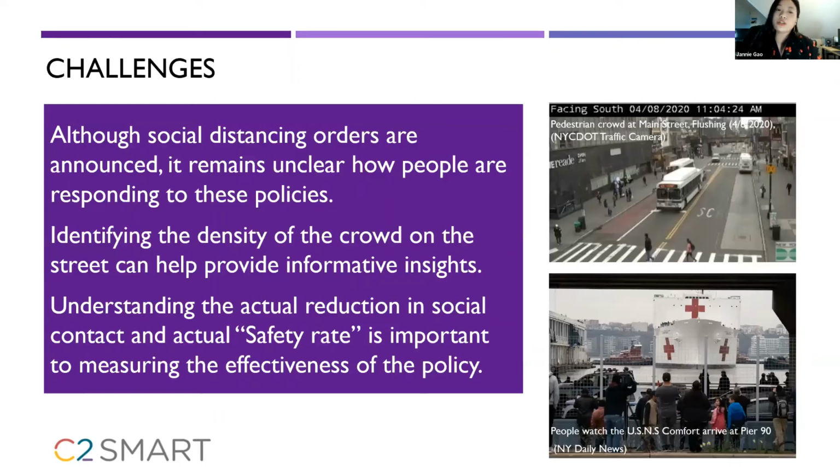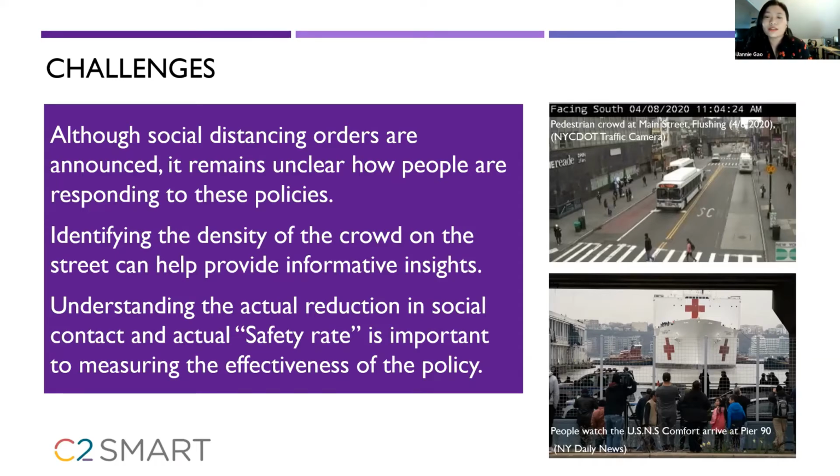And the challenge here is that we know that social distancing orders have been announced, and the social distancing rules or behavior probably will remain for a longer time than we expected from the beginning. And also, the problem is that it remains unclear how people are responding to these policies. It might be a little bit easier for indoor enforcement, where we ask people to wear a mask when they're indoors with other people,